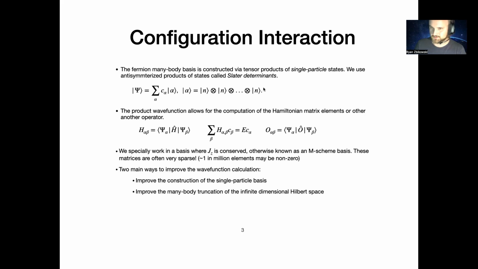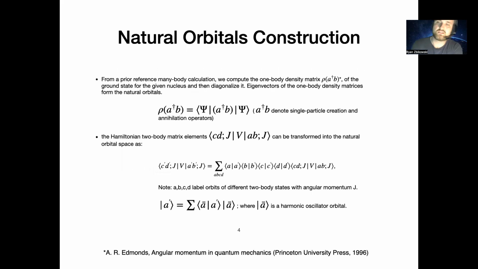Let's talk about natural orbitals. Natural orbitals are a unique set of states guided by the wave function itself for the improvement of its own description, and they originate from atomic physics and quantum chemistry. Natural orbitals have empirically shown to reduce the dependency on the initial basis parameters, such as the oscillator frequency, and they accelerate the convergence of long-range observables by improving the tail of the many-body wave function better than harmonic oscillator states. For the construction of natural orbitals, we diagonalize the one-body density matrix of the ground state, which contains